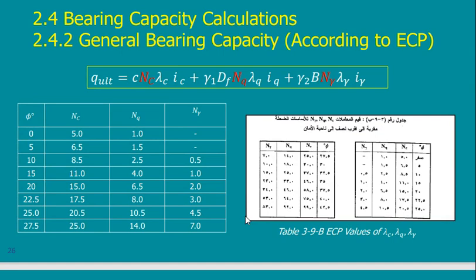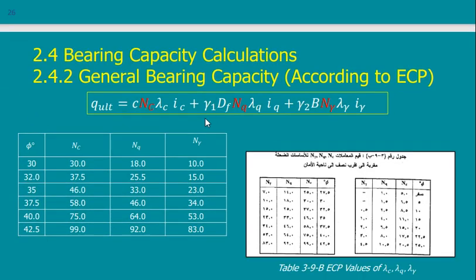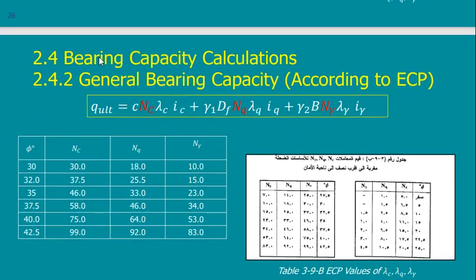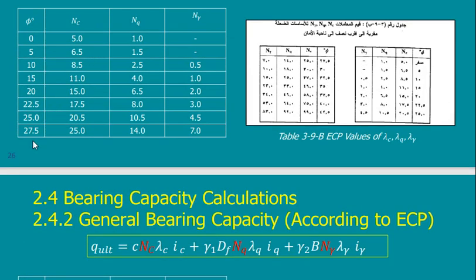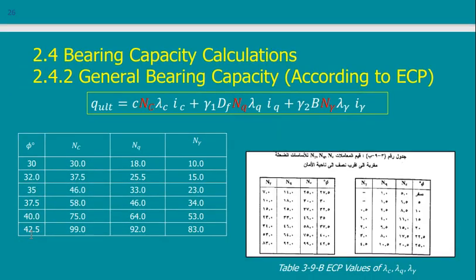There are lots of tables like this, and we are going to go quickly through these. These are for NC, NQ, and N gamma. We said that they are related to phi. So this is a table relating the phi angles. These are different phi angles, and these are the different values of NC, NQ, and N gamma. And so on. This is the rest of the table, because here it went up to 27 degrees, here 42 degrees,